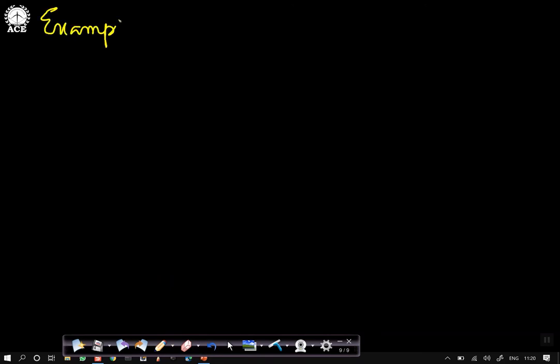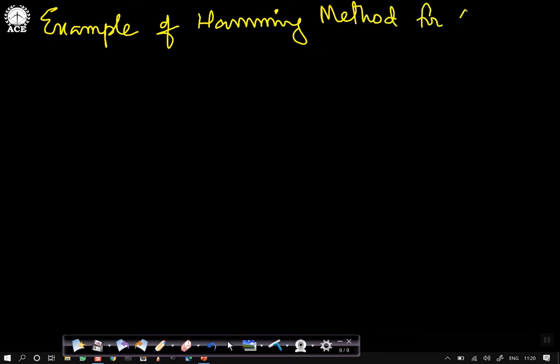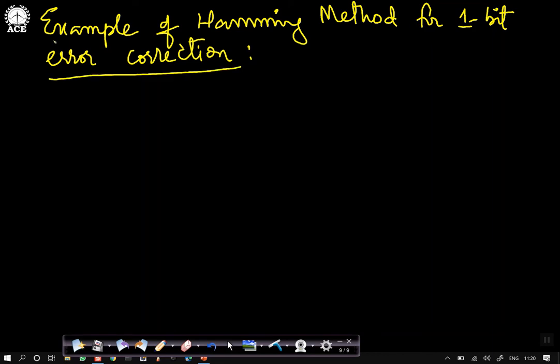Example of Hamming method for one bit error correction. Please understand that you can expect a problem on this, and also you will have to write a program in your lab for this Hamming method. It will be a good exercise, one bit error correction.